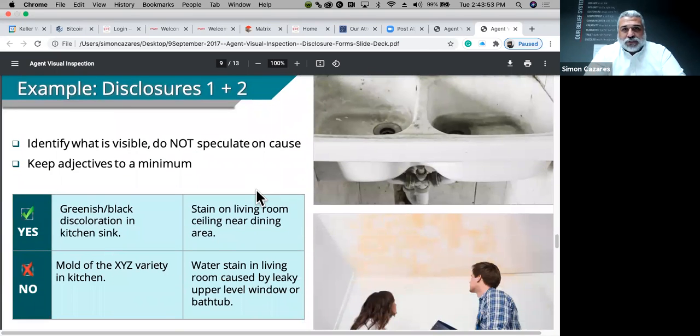Example of disclosures, 1, 2. So here are some key elements in how to approach these documentations. Identify what is visible, and do not speculate on cause, okay? Folks, I want to make it very crystal clear. We never speculate on anything. Speculations can cause liability, okay? Speculations can